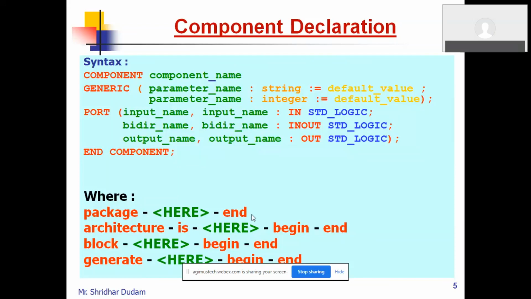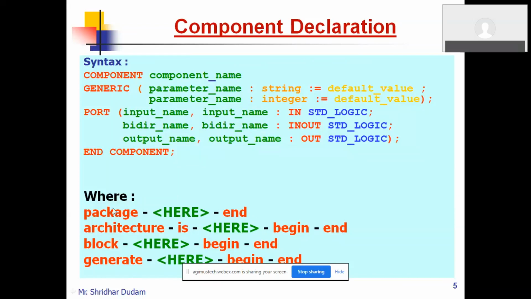So you have to write separate configuration code for binding that entity and the architecture. That's very important. That's why it's always recommended to maintain the same name, same port names, same structure. We'll see how we can do it and where we can declare the components.